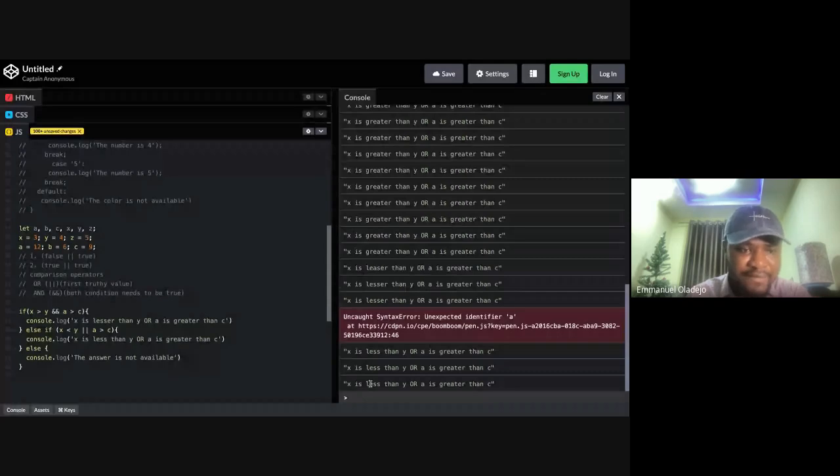Now look at what we have here. So if X is greater than Y, like we said, for this operator AND, both conditions need to be true in order for this condition to be executed. So let's look at the condition that we have here. The fact that one of these is false, the compiler understands that I cannot execute this condition because one of the conditions is false, which is